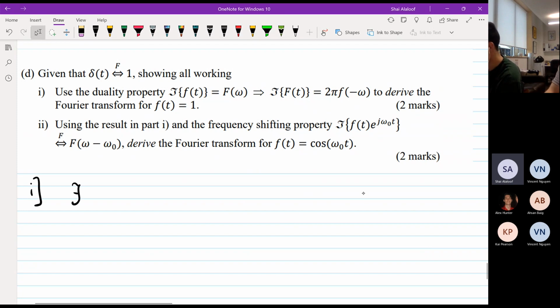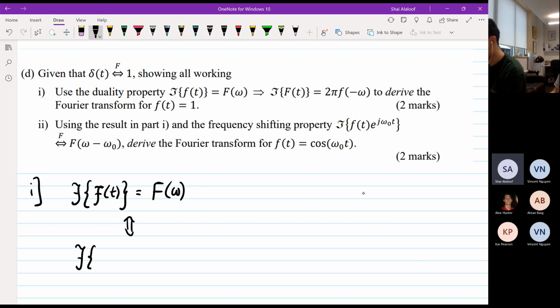So the Fourier transform of a time varying signal is its equivalent in the Fourier domain, which is what you guys have learned. This implies that this is also true. If you Fourier transform the same function, but sorry,